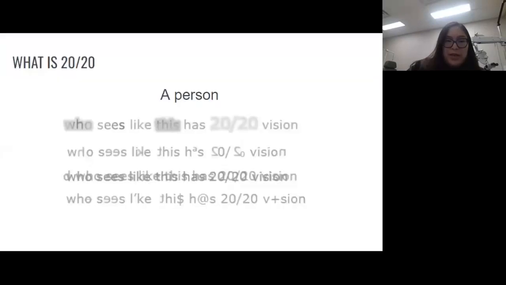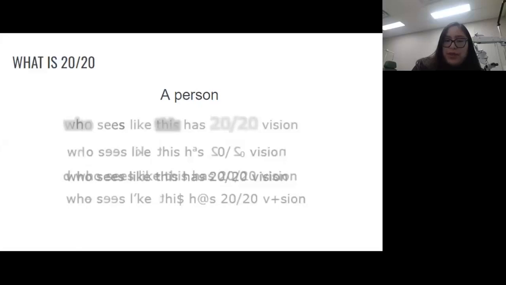Now, firstly, what we think about when we think of vision is people usually think of the phrase 20/20. So 20/20 refers to how well you can read a chart when you go into the eye doctor's office. What is lesser known is how easy it is to pass that chart. So vision may appear perfect on paper, but clear visual acuity, which is what 20/20 is, doesn't actually mean perfect